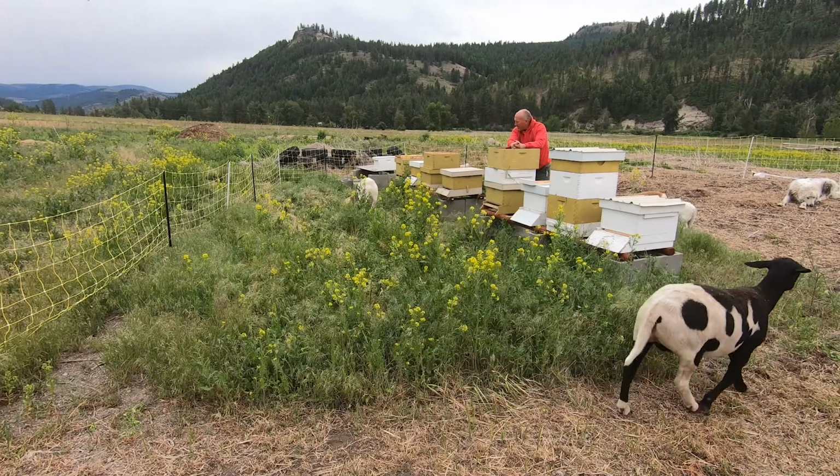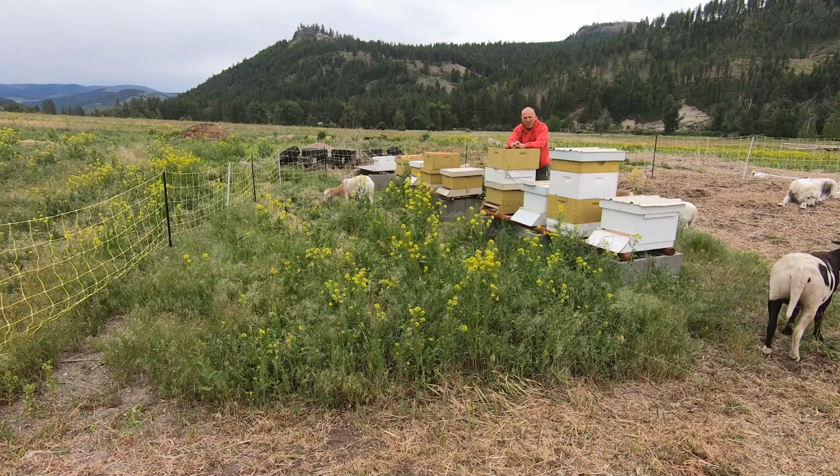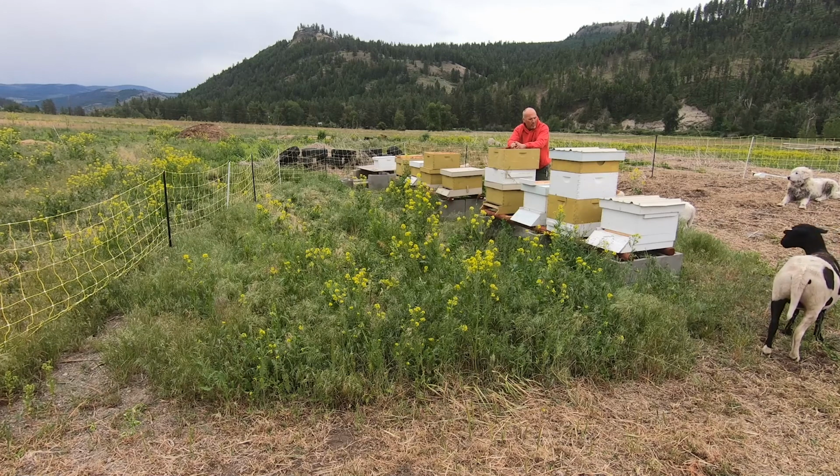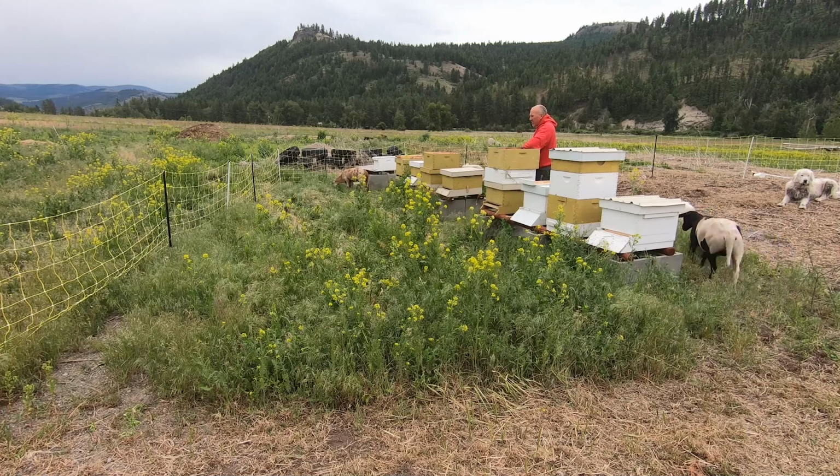I'm sorry, I apologize. I did, though, this morning get out here and put some fencing around the apiary to see what would happen with the sheep when they're not shedding and when they're a little bit older and they're not messing around with the hives. So far, everyone's been happy. Of course, we walked out of range or view of the camera. They are eating the mustard, which they love. They're eating the cheatgrass, the regular grass, some other unidentified weeds, and they also love